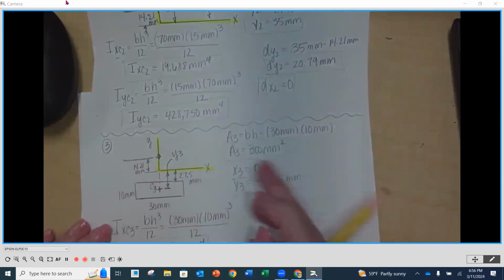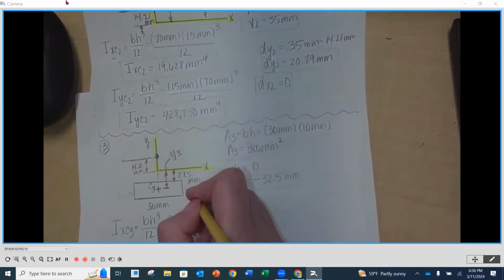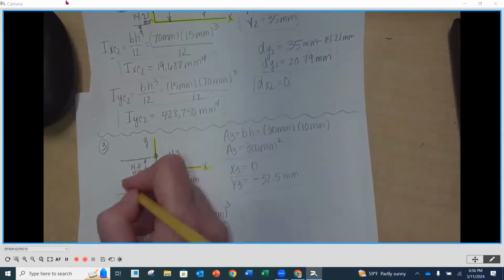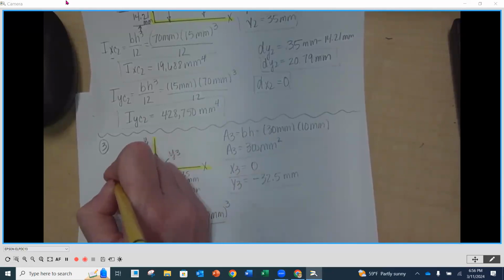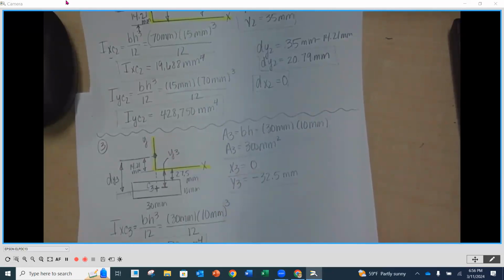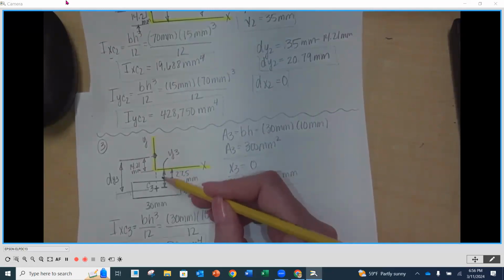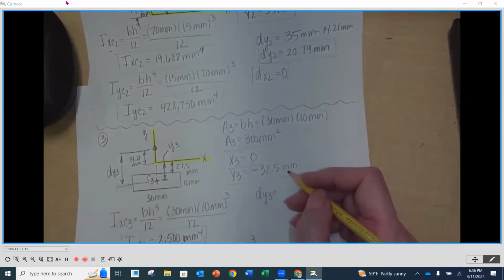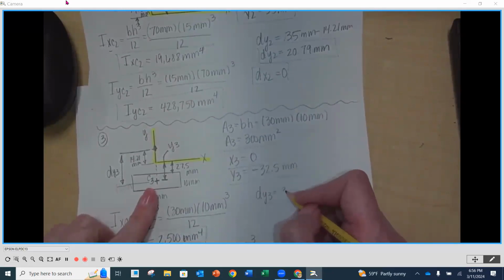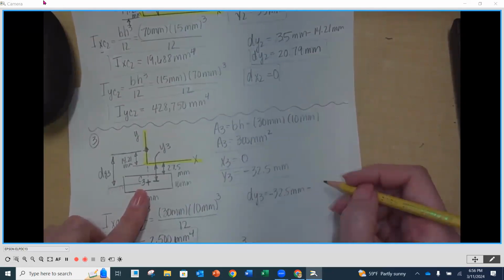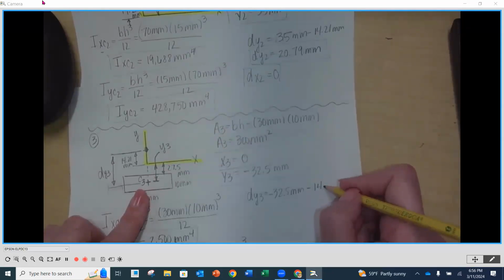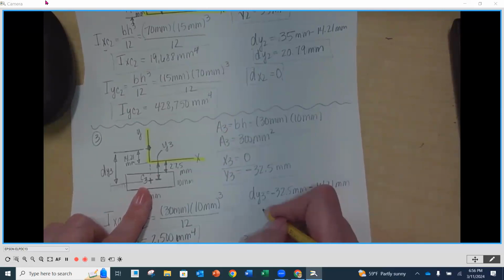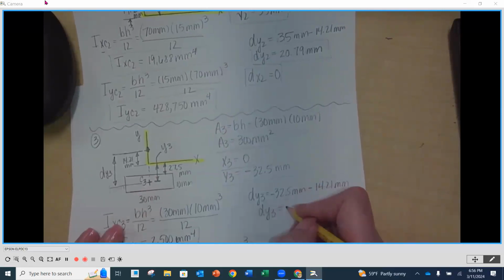So put this 10 on the other side. Our dy3 is going to be y3 plus 14.21, right? dy3 is going to be y3, which was 32.5 millimeters. And then we have to add to it a negative because it's coming down from there, 14.21 millimeters. So our dy3 is going to be a negative